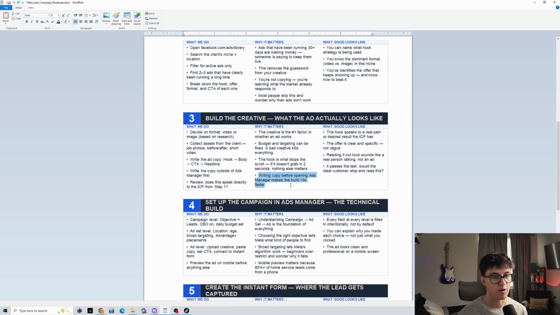And then writing copy before opening Ads Manager will make the build 10 times faster, like going through the Meta Ads Library, getting your copywriting, and then building your ad based upon that story will help you a lot better than just going through different steps randomly. So what good looks like: the hook speaks to real pain or desired result the ICP